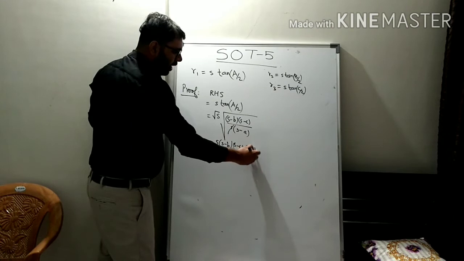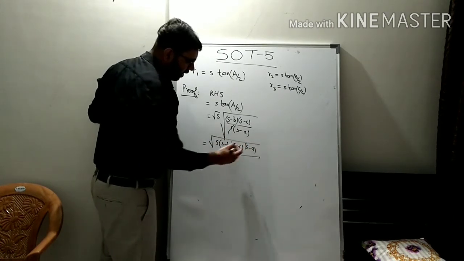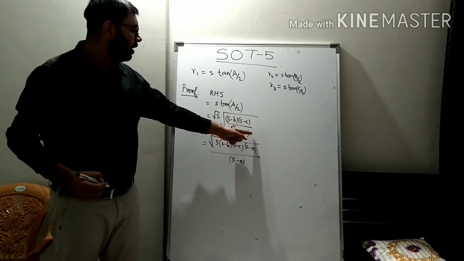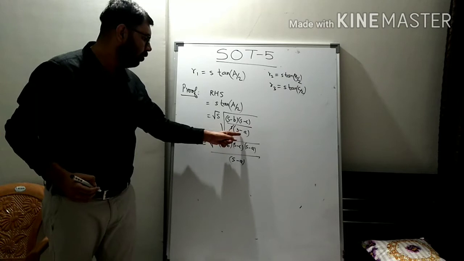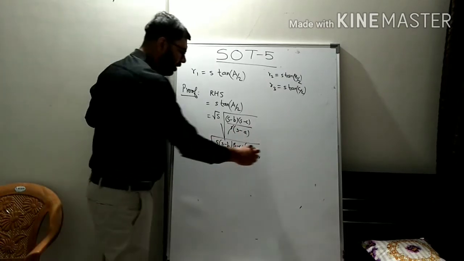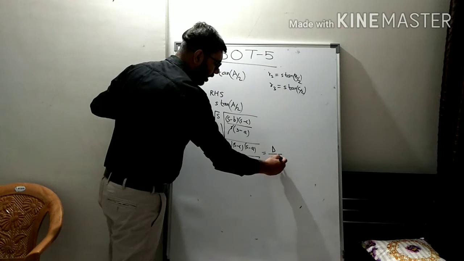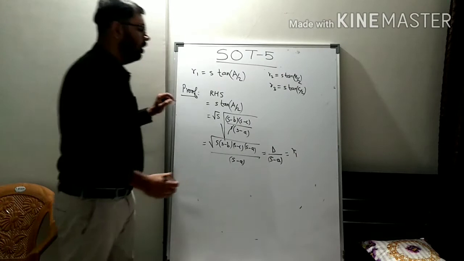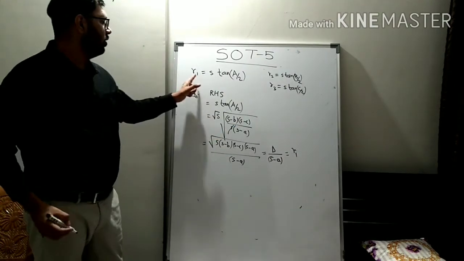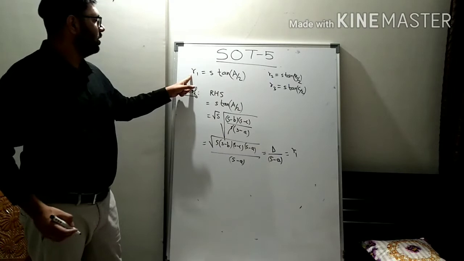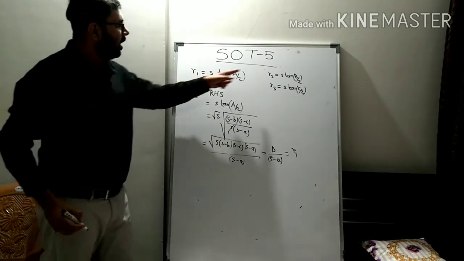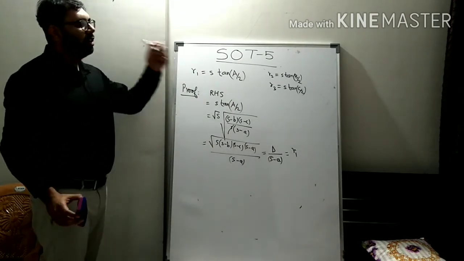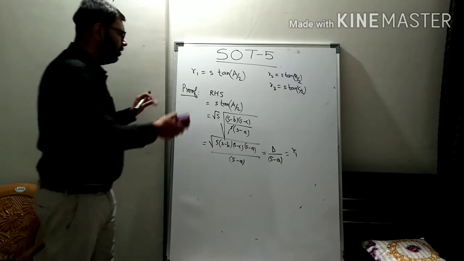And now you multiply by root s minus a. If you multiply by root s minus a, in the denominator you will get s minus a, and in the numerator you will get this expression, and then root s minus a means s minus a becomes the denominator. So you get delta upon s minus a, because by Hero's formula, this is equal to delta. And we just now proved that delta upon s minus a is nothing but r1. Okay, so this is what is written in the LHS. Therefore s into tan A by 2 is equal to r1, s into tan B by 2 is equal to r2, and s into tan C by 2 is equal to r3. Similarly, you can say the other two results. Okay, this was quite easy.